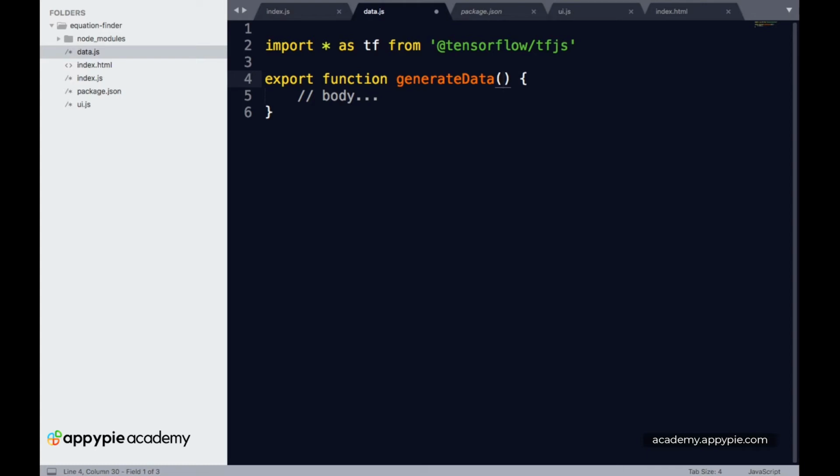The first argument will be the number of points which we want to generate. Then we will have the sample coefficients, and this coefficient variable will be an array or a tensor which will hold a, b, c and d. So it will hold 4 coefficients for our problem. Our entire problem can be summarized by just 4 coefficients.